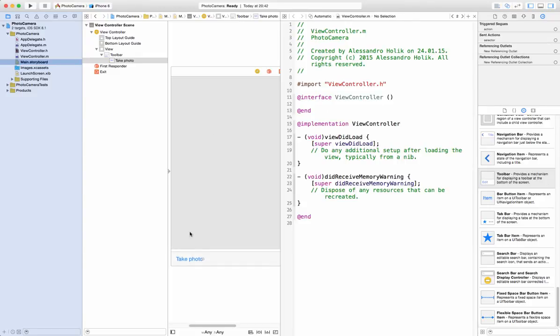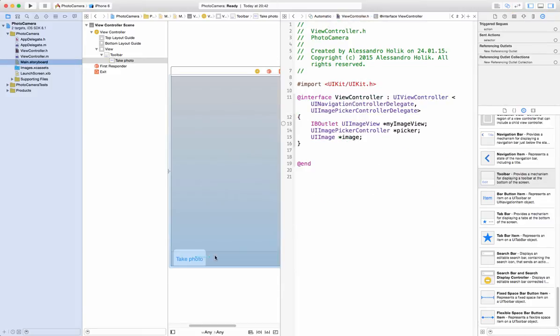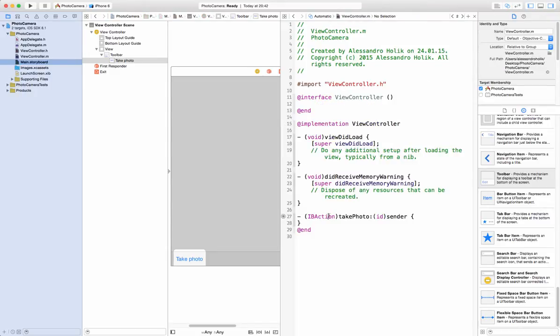Then go to the split screen view and go to the ViewController.h and simply control drag click this here, change it to action and name the action however you want. I'll name it takePhoto, and as you can see, it automatically created or implemented this method in the .m